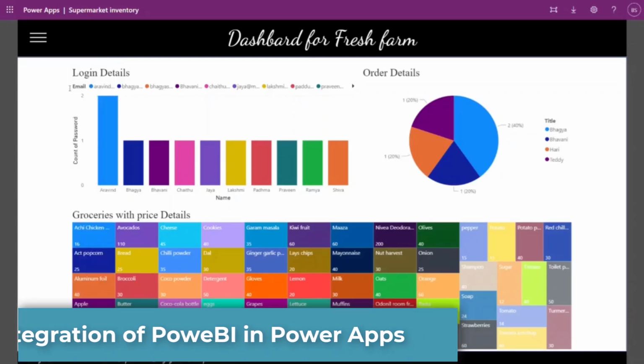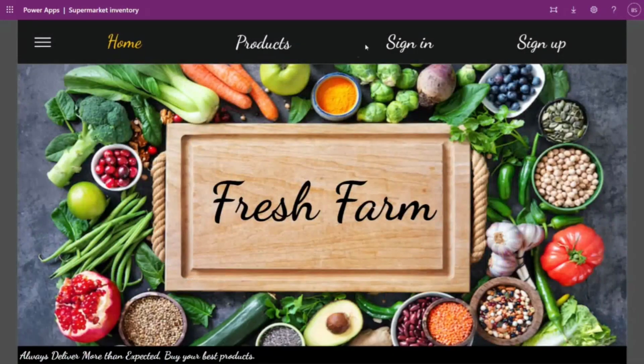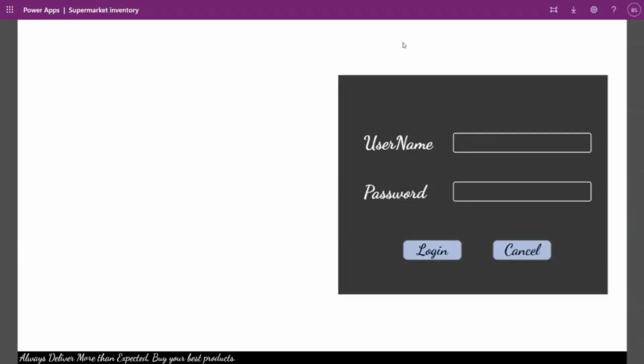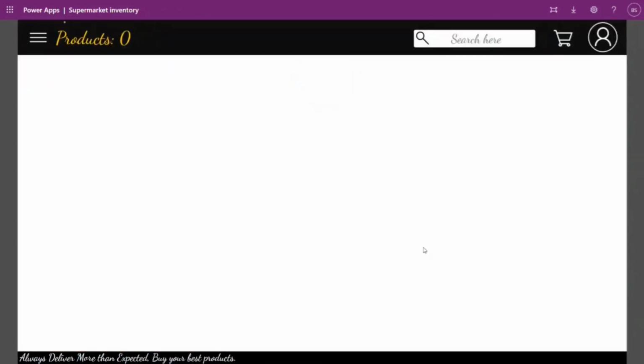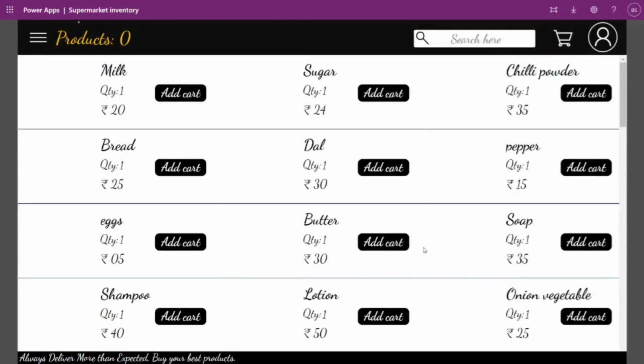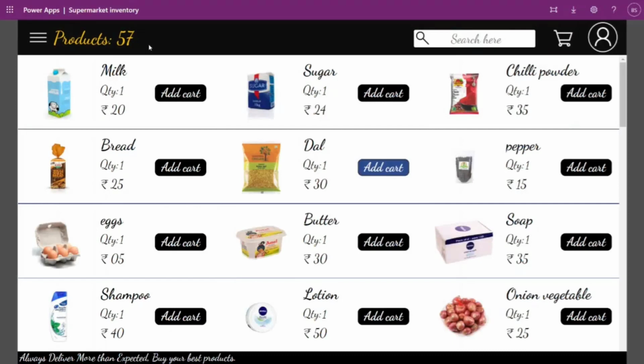Then coming back to home, only a registered customer can access the products to purchase. Here, login. After login, it will bring us to the product page. Here this is the total count of items.